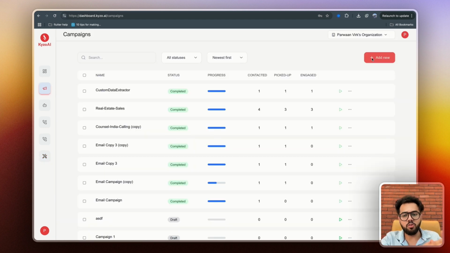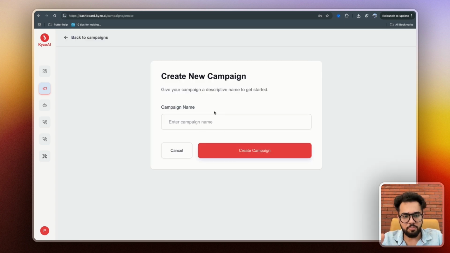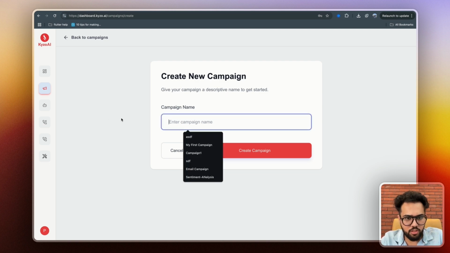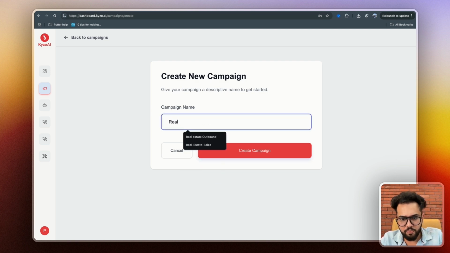Once it is enabled, you can then go on and configure this custom data extractor for each campaign. Now say I want to run a campaign as a real estate brokerage firm to check the buyer's intent, to check their budget, to check their exact requirements, whether they're looking for 1 BHK or 2 BHK. And usually you will have to go through the entire recordings, the transcripts to understand what the customer's requirements are. Now it's dead simple to do it. All you've got to do is enter the campaign name,